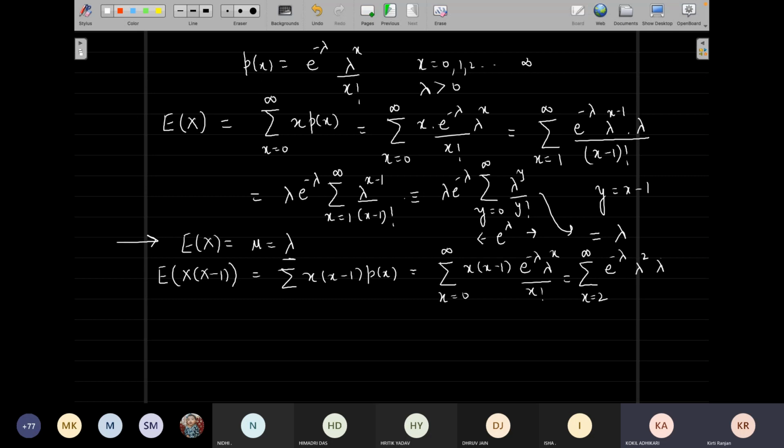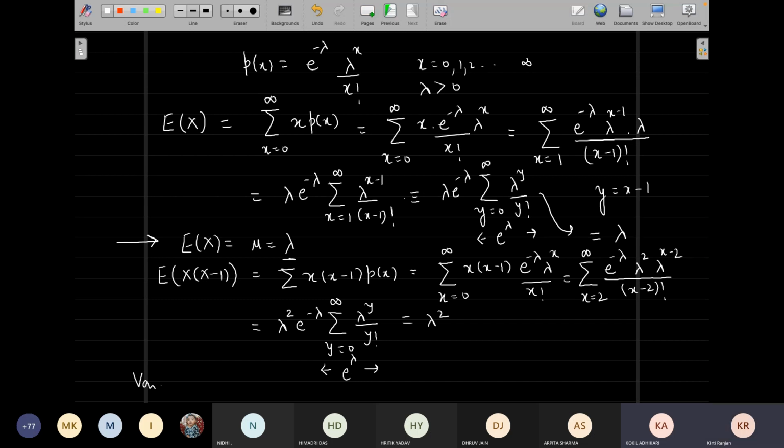Lambda square, lambda raised to x minus 2, over x minus 2 factorial. Fine. And this becomes lambda square e raised to power minus lambda out. And I can write down y is equal to 0 to infinity. Infinity will be unaffected by 2. And lambda raised to power y over y factorial. And this will again be exponential lambda. So